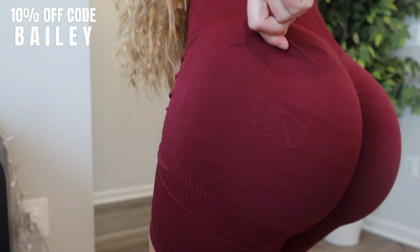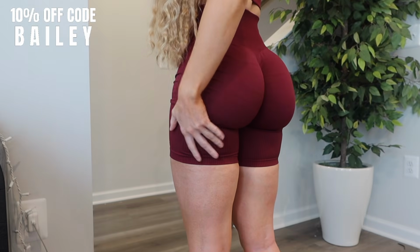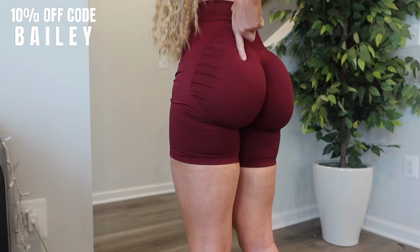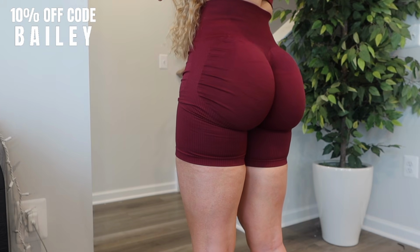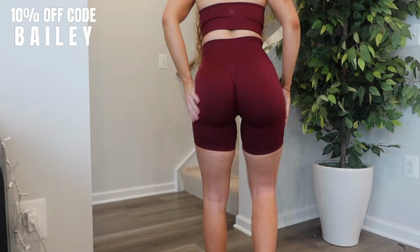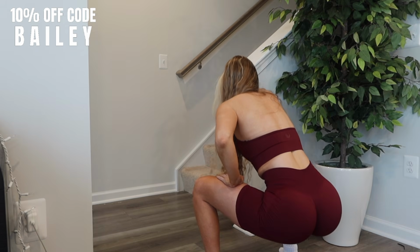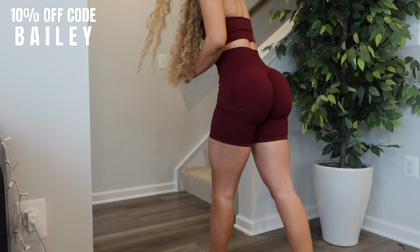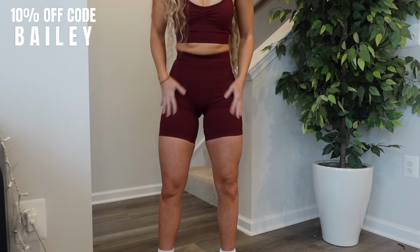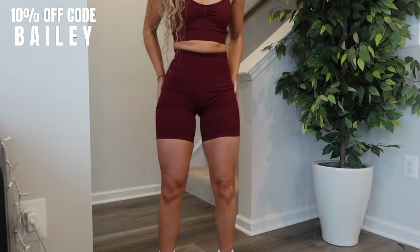Sheerness is pretty much the same as the leggings. Again, if you have a thigh tattoo right here, wouldn't stress it. Cellulite, wouldn't stress it. Even a glute tattoo in this color, I really wouldn't stress that much. New thong, you're gonna be 100% okay with any type of bending movement. Right here is tight. It's tight at the bottom, but that's what helps keep it from moving. And then you've got this stretchy seamless fabric right here, and then at the glutes,